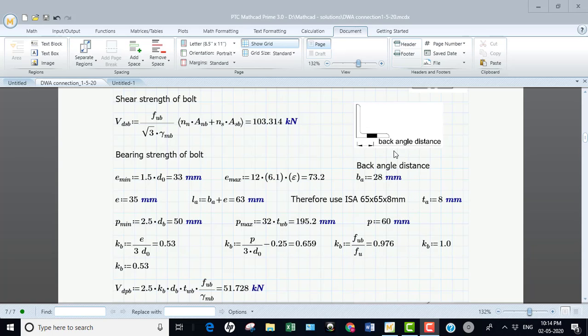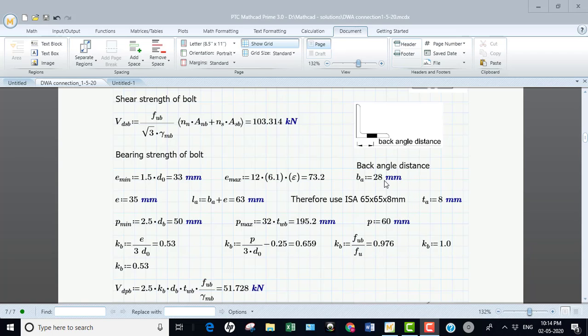So see here, I should go for a size in such a way that I take an angle size based upon the back angle distance. Back angle distance is nothing but the distance from this end to the center of the bolt hole, and this is the edge distance. So from this, I consider my back angle distance is approximately 28 or 30. You can take it from IS